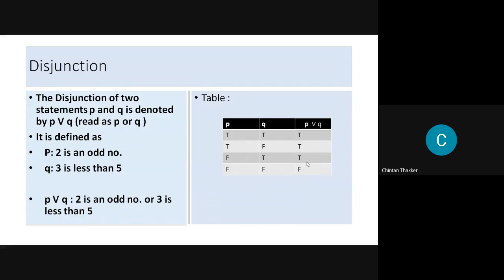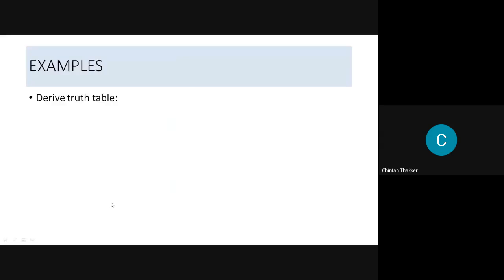Now just answer me. Suppose this statement is given: 2 is an odd number or 3 is less than 5. Then what is the negation of this statement?